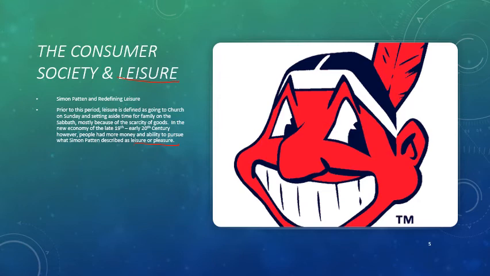This could be playing in some sort of sporting activity. This could be, like I said, going to a game in town. This could be other things such as getting away for a weekend and going out to the country, or amusement parks, which are starting to emerge around this time. So you take your family to an amusement park. All of these things are various forms of leisure, and as Patten believes, and more people are believing, good for individuals' personal mental health and family health, and even their professional work efficiency as well,